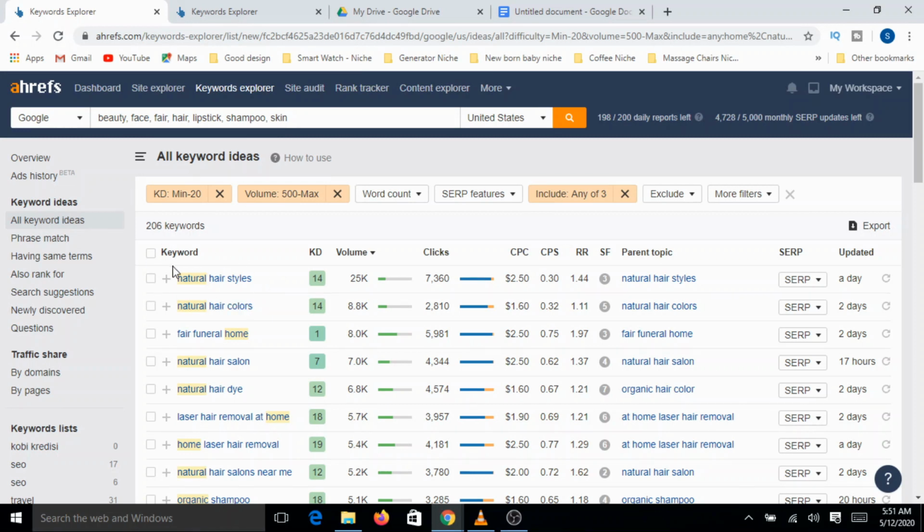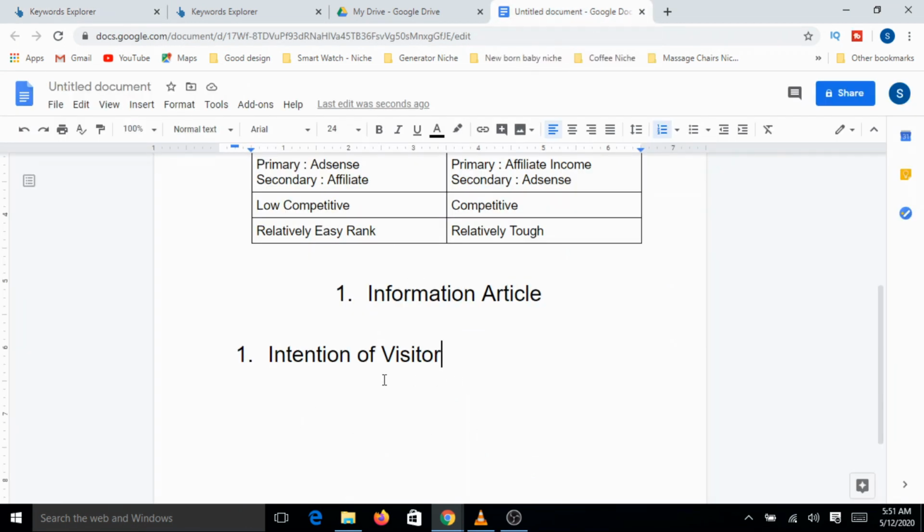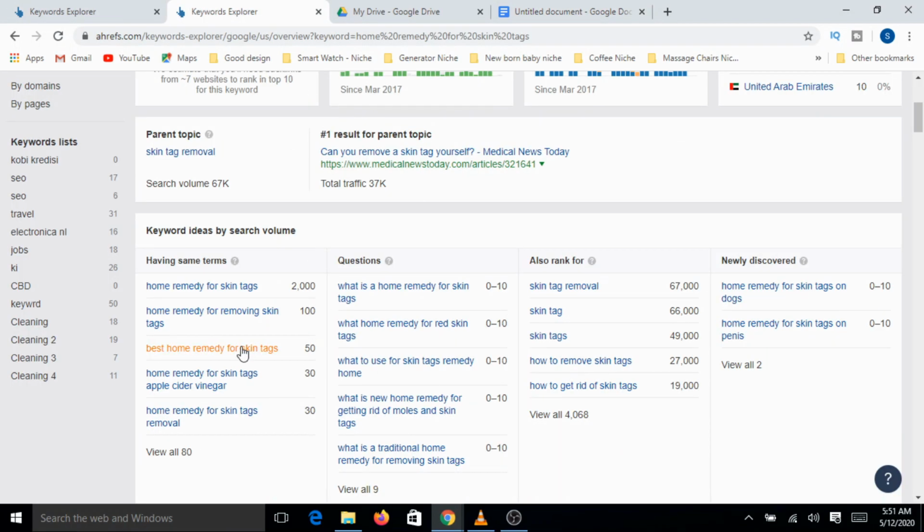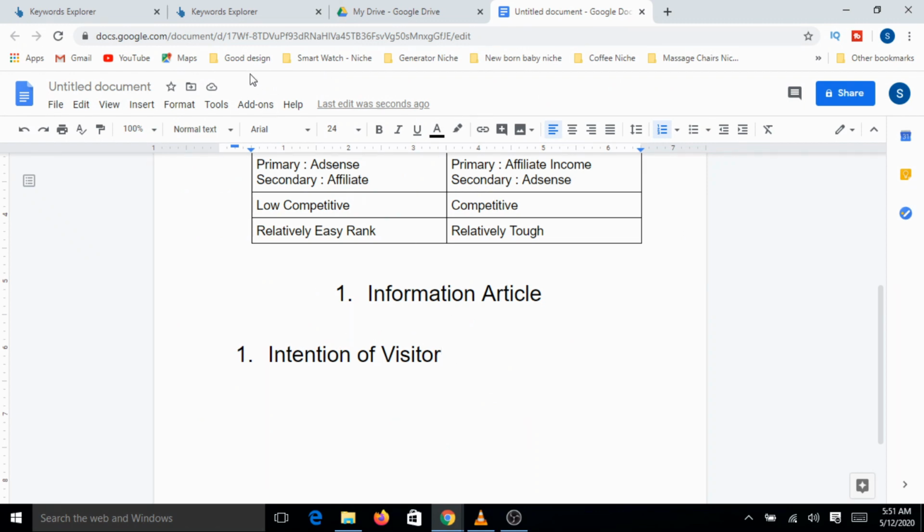But when you are verifying the entire list of all possible hairstyles, you look for what. So that is what we need to look at while targeting the topic. You need to understand why the visitor is searching for that particular keyword. Then accordingly you need to arrange your content structure.